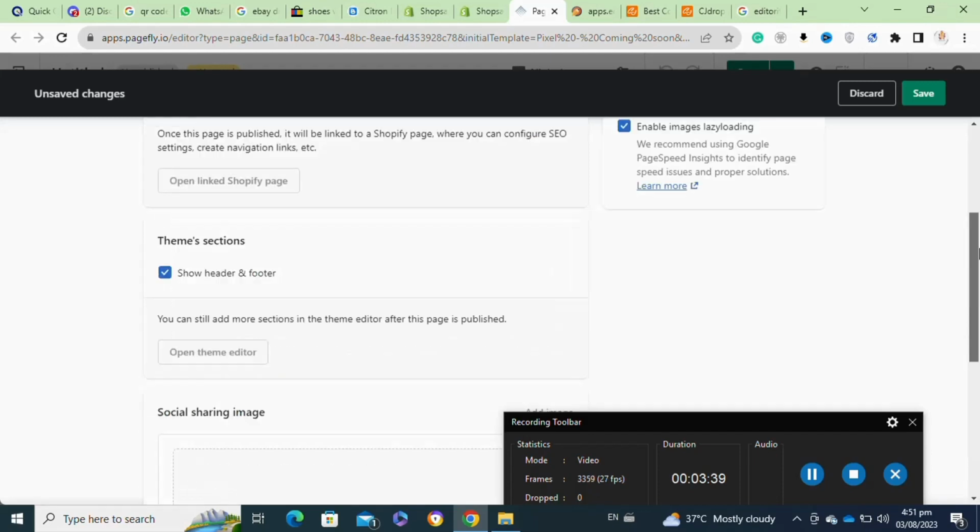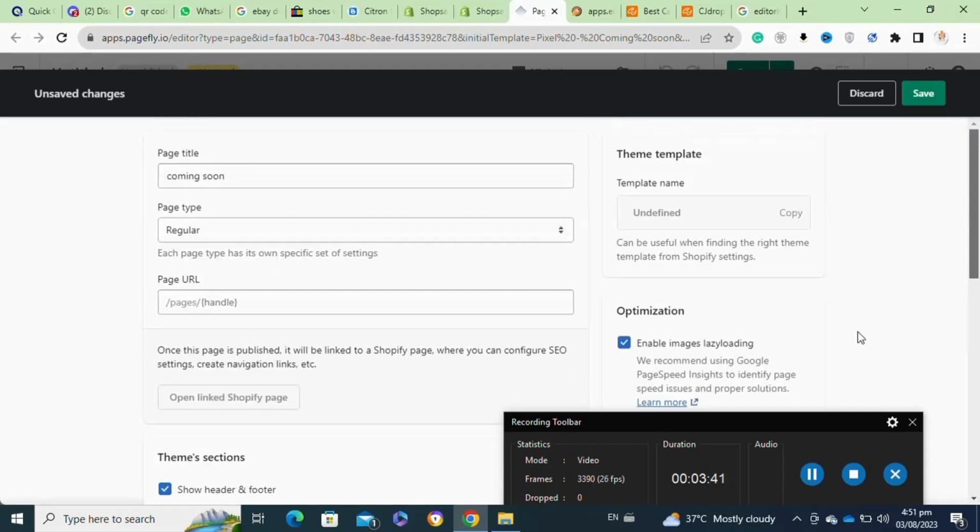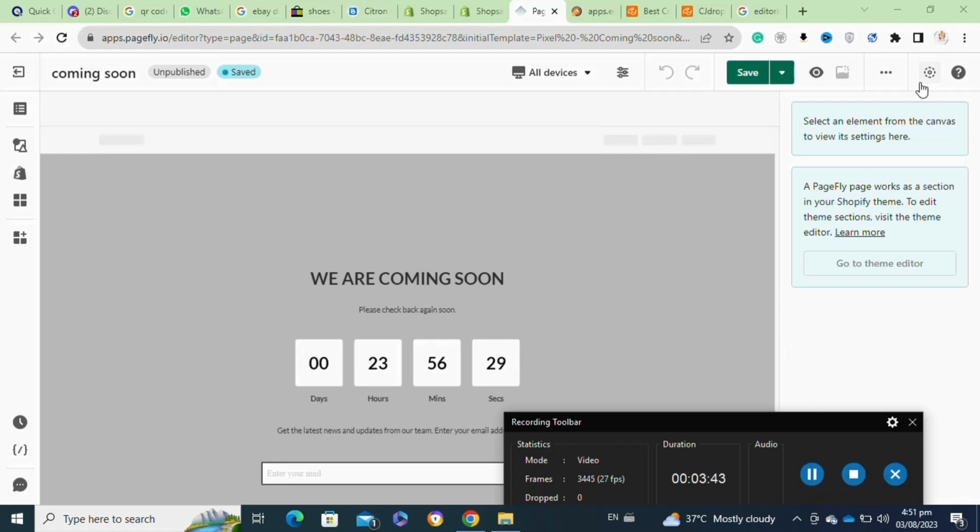If you prefer, you can set a password to restrict access to your entire Shopify store until the launch date. This ensures that only those with the password can view the site. In the theme editor, make sure to save and publish the change to enable the coming soon page on your Shopify store. Keep an eye on the performance of your coming soon page, track email signups and make any necessary